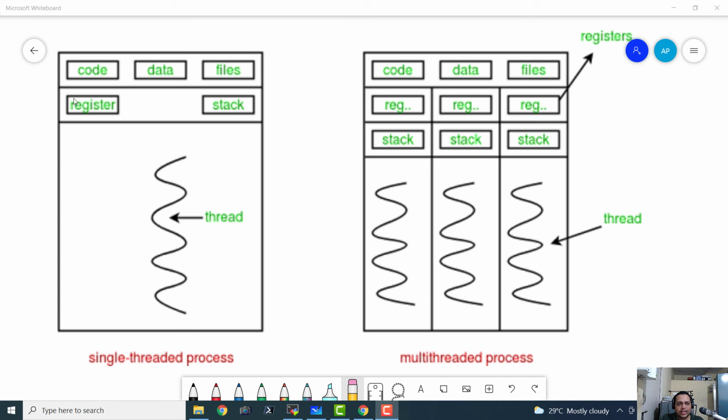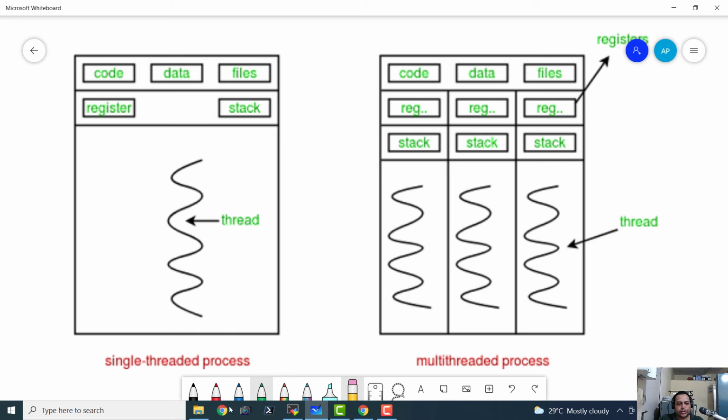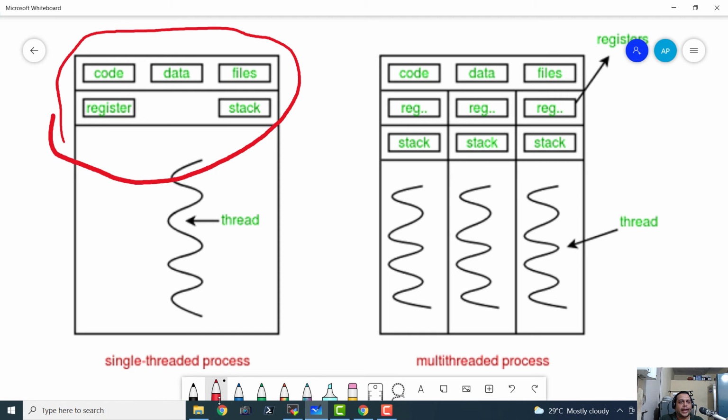So basically this is another representation of the diagram of a process under execution. And this diagram is specifically known in this context as the single threaded process. So here we have the area of that process. So this is all the memory area of that particular process.